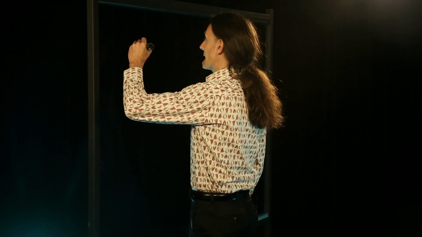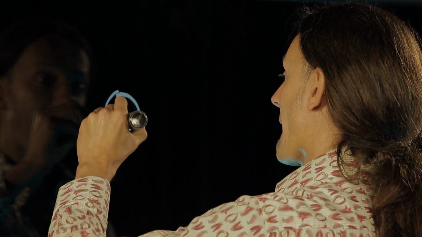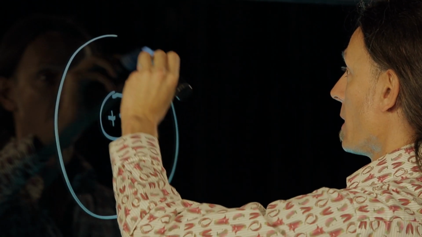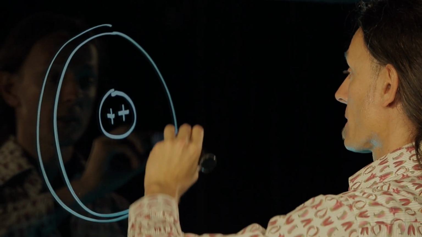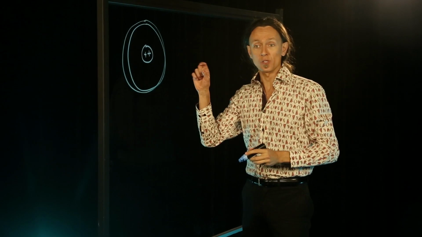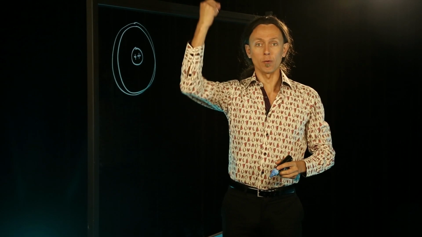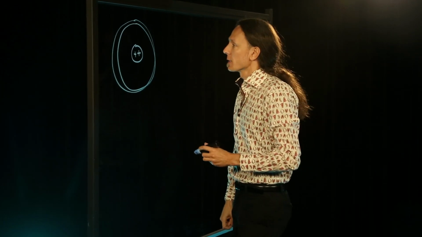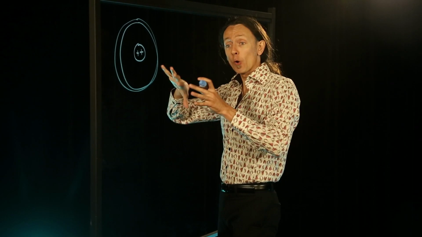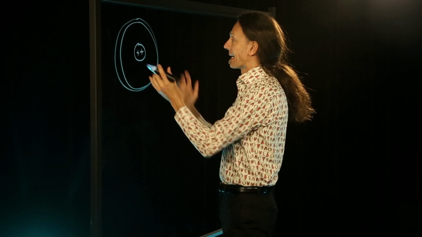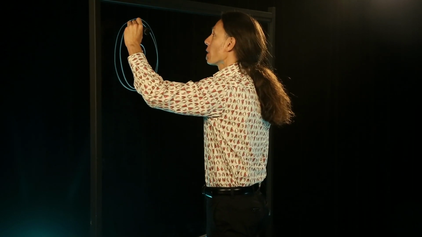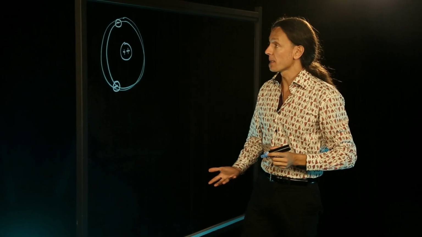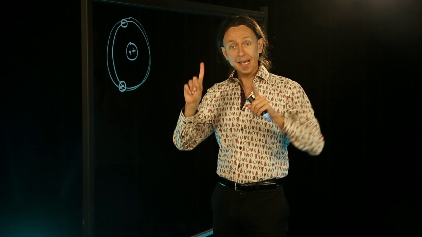Let's take, for example, a helium atom. A helium atom has two positive charges in the nucleus and two electrons orbiting around the nucleus. Now, you shouldn't think of these two electrons as moons orbiting around a planet. They are actually waves of probability around the nucleus. And so, in fact, they occupy the same space, the same cloud around the nucleus. And because of that, they need to obey what's called the Pauli exclusion principle, which tells that their magnetic dipole